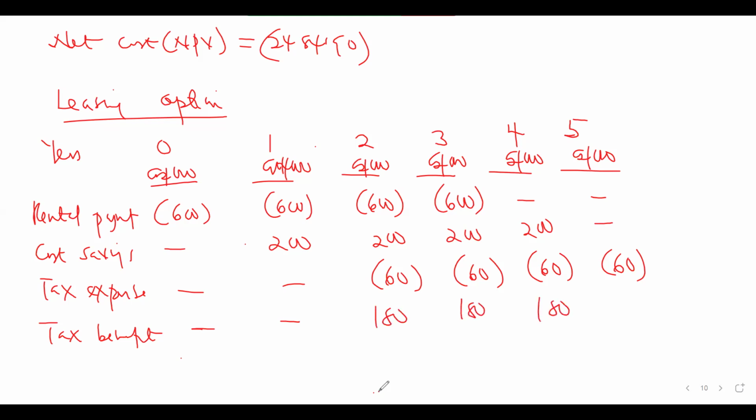So we are going to be enjoying a tax benefit of 180 every year, but this will be enjoyed in the manner in which the tax is being paid. So we have 600 here, we have 400 here. What are we going to be having from this place? We are going to be having 120 here. So we have 200 plus 180 minus 660. I'm having 320 as positive here.